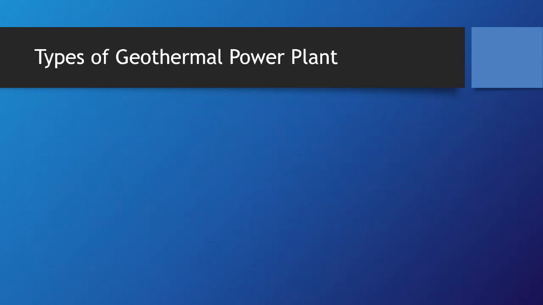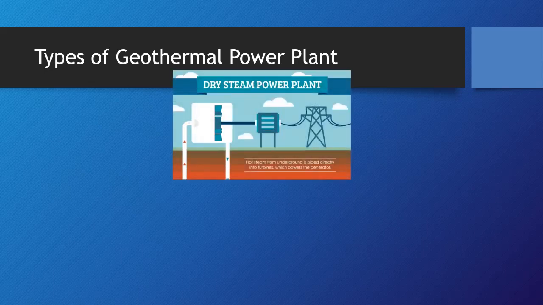Now let us talk about the different types of geothermal power plant. I want you to look at this illustration. As you can see, it is what we call a dry steam power plant. Hot steam from underground is piped directly into the turbines which power the generator. So meaning to say, the pipe that sips the hot steam from the ground is directly connected to the turbine. And then it is connected to the generator to convert the mechanical energy into electricity that will be supplied to